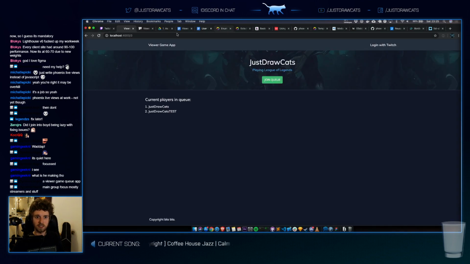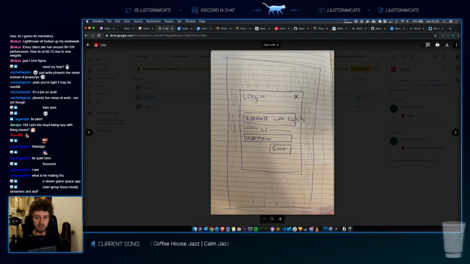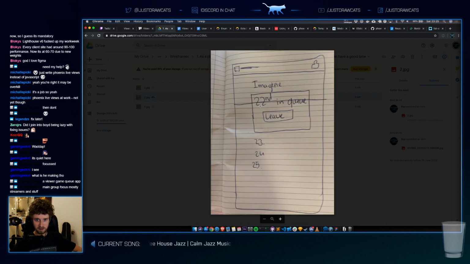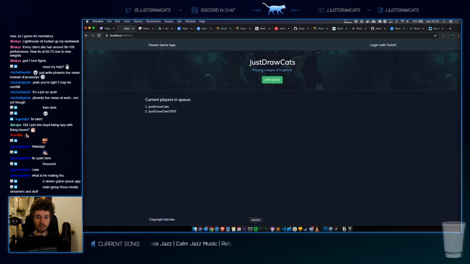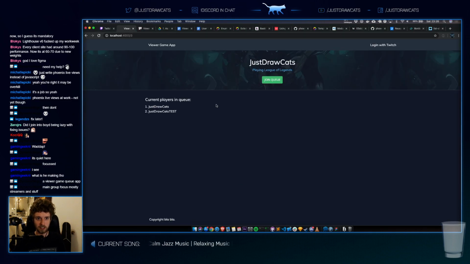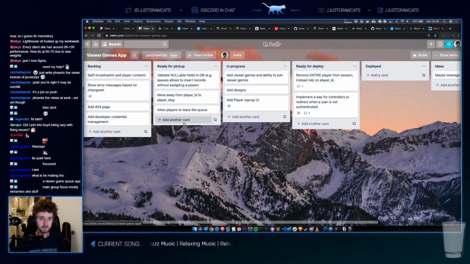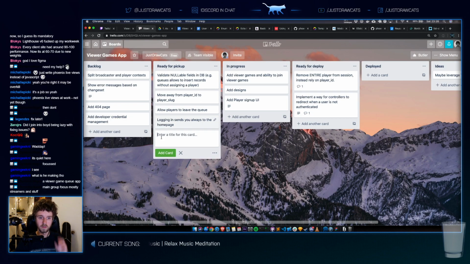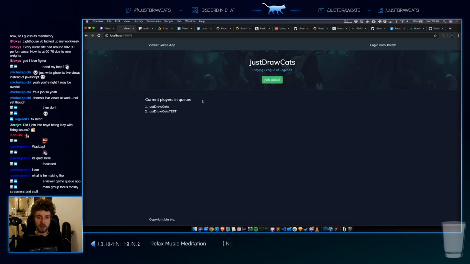We made the flow that we have, except for the fact that when you log in, you're redirected to the wrong page. But let's fix that in a separate PR. Logging in sends you always to the home page. But we've got a UI. We've got a very basic UI, but it does the job. So I'm a happy man.